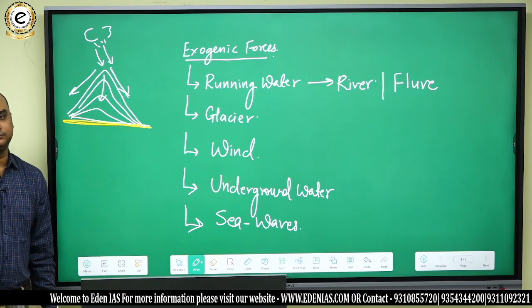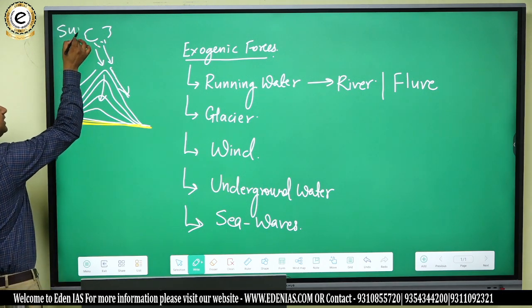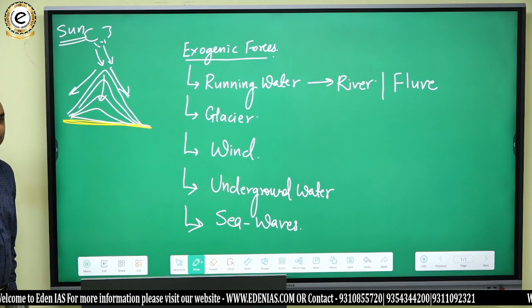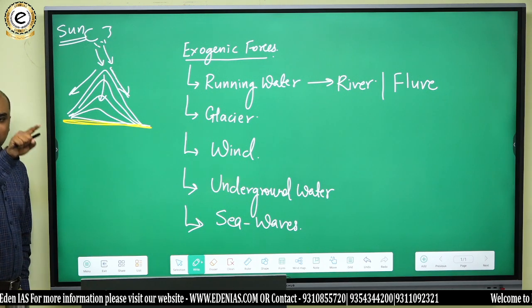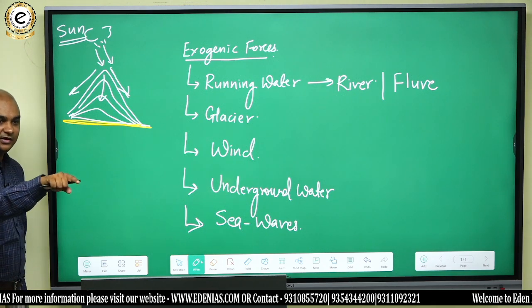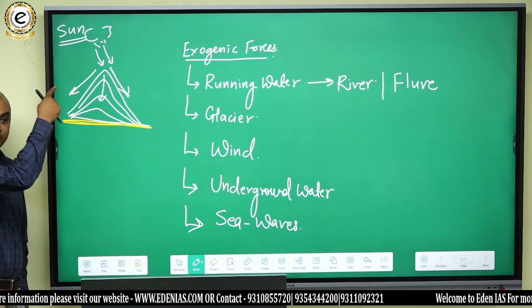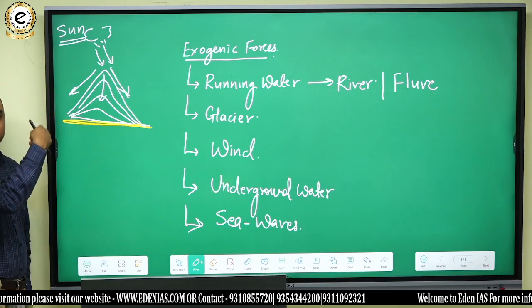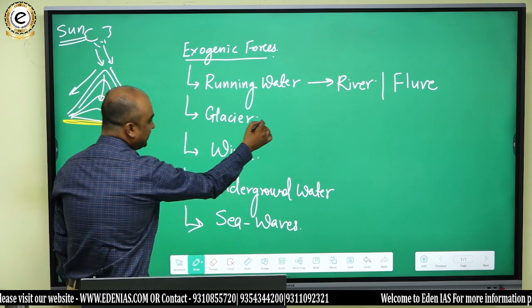Got that thing? Now this running water, इसका ultimate source of energy क्या है? ये बना कैसे? Can I say it is because of the sun? Why? Because sun caused evaporation, evaporation caused clouds, clouds caused rainfall, and rainfall caused the running water. So ultimate source of energy is what? Sun. अगर हम sun ही हटा दे तो कुछ भी नहीं होगा. Got that thing? Now look at glacier.